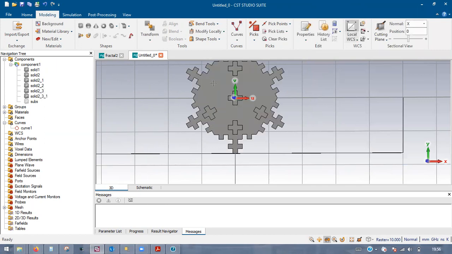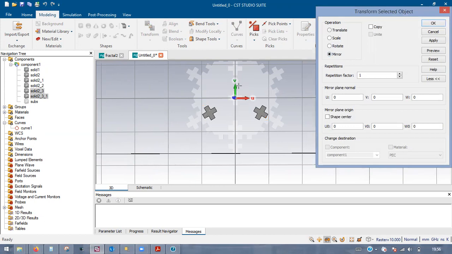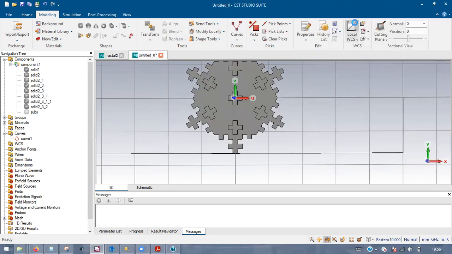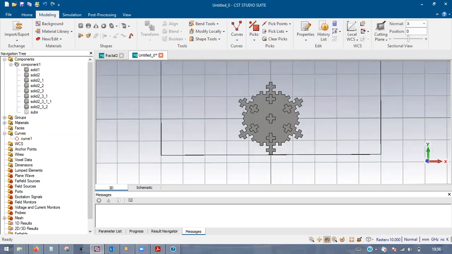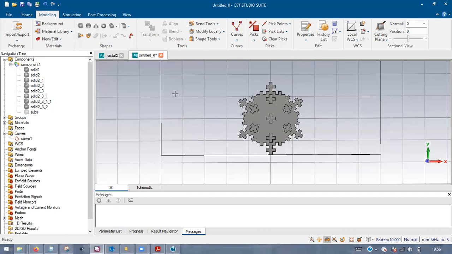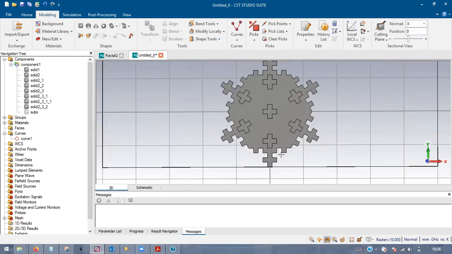Now if we have to create in these two locations, what we can do now, we'll select both and we'll do the mirror image along V axis. You can see here, if you do V axis in single go, we can create for all four. Just click on OK. Sorry. Yeah, now you can see here all 6 has been created, like whatever it is shown in this image. If I do show all, now you can see here everything is created properly.